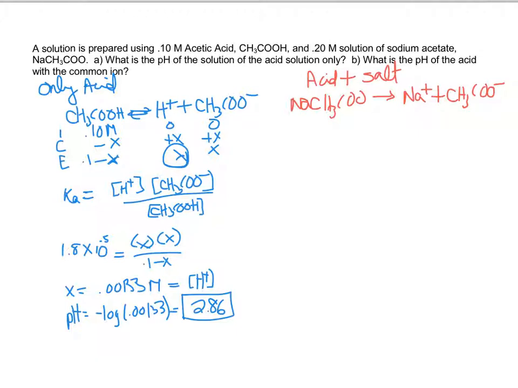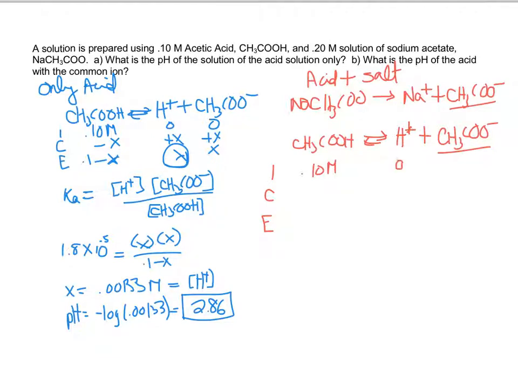In this case, I have acetic acid, so CH3COOH. Then that's an equilibrium. It dissociates into H plus and acetate ion. So my common ion here is my acetate ion. I'm going to do an ice chart. So there's my ice. Initially, my acetic acid is 0.1 molar. Initially, my H plus is 0, but